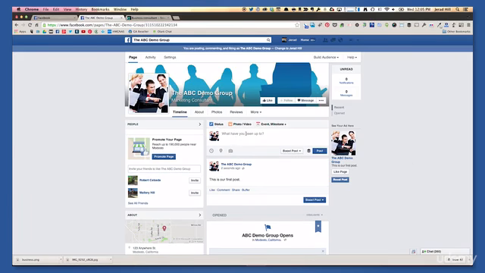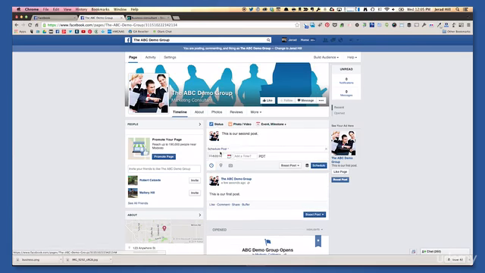Now, clicking back here in the box, we're going to look at some of the additional options. Let's type in, this is our second post. Notice there is a clock here. This clock allows us to schedule a post. What's good about this scheduled option, and we'll talk about this when we talk about Facebook strategy, is that if you want to have multiple things going out to Facebook, you don't have to do them all at specific times.